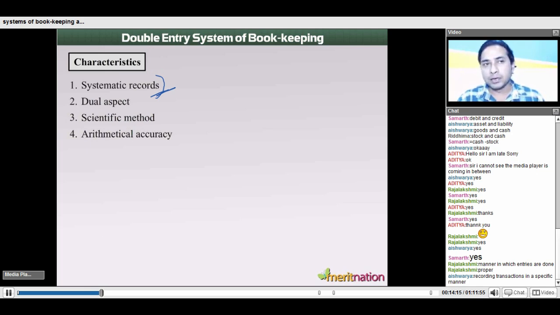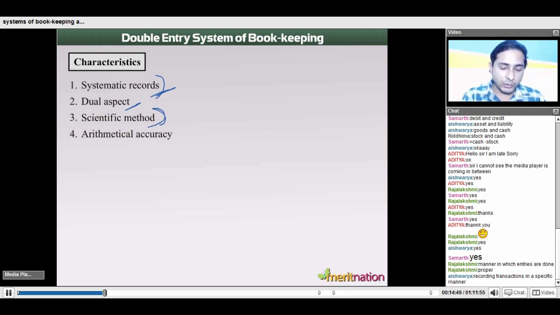For example, the transaction that was incurred on May 15 will be recorded first. Thereafter, we have transactions that happened on May 16. Thereafter, May 17, 18, you must have done the ledger posting. So what we do is maintain the calendar year. We are recording the entries on the basis of the date or the chronological order. The second point is already clear to us, that we maintain the dual aspect. That means we capture both aspects of a transaction.